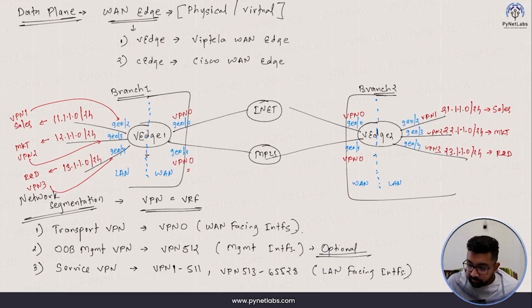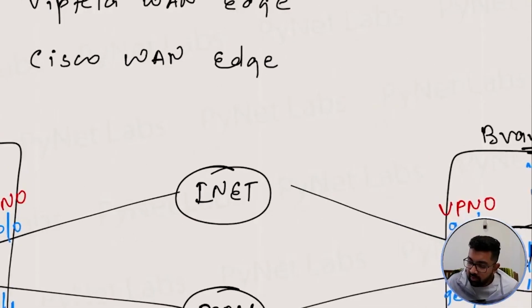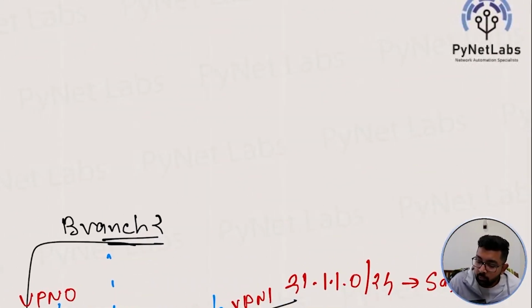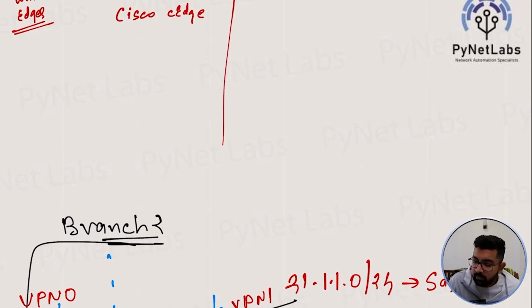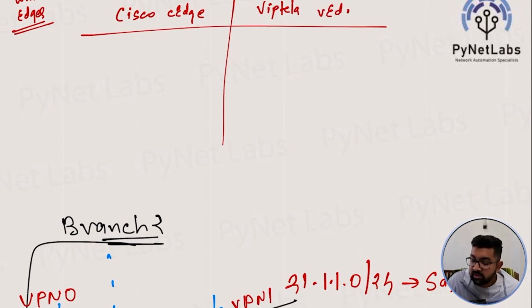Now, another thing, what are all the devices that can be part of your fabric, right? From Viptela or from Cisco, which are those devices? So if we speak about them, we have Cisco's WAN edge devices, or I can say C edge devices, and we have Viptela V edge devices. On the Cisco side, you can have Cisco ISR